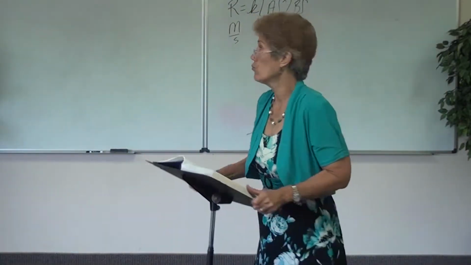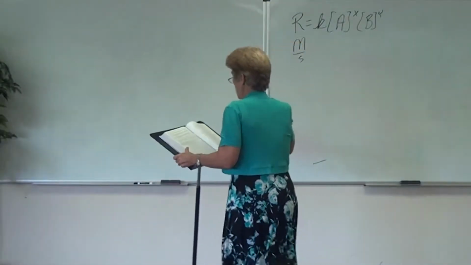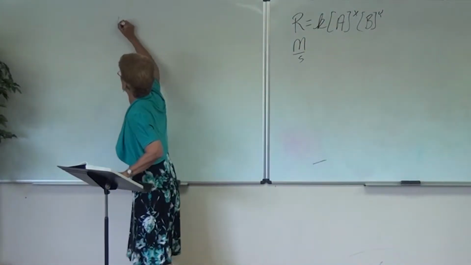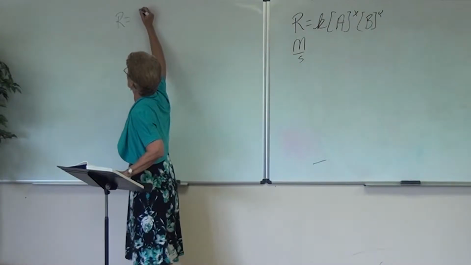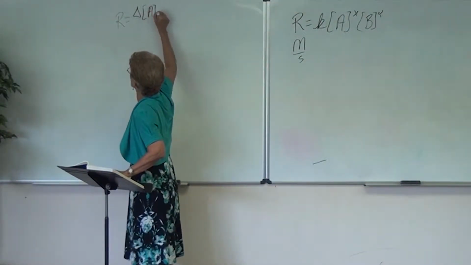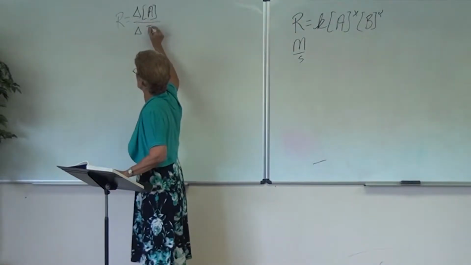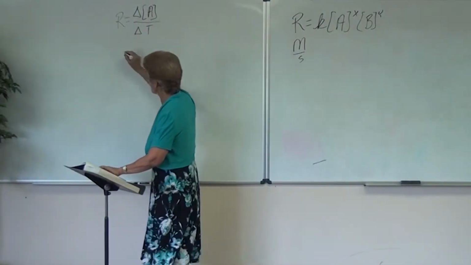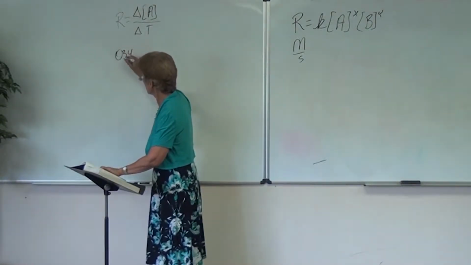Now, that might sound really scary, but it's not. Because remember, all you're dealing with here is R equals the change in the concentration over the change in time. And we're given the overall rate, so we can plug that in,